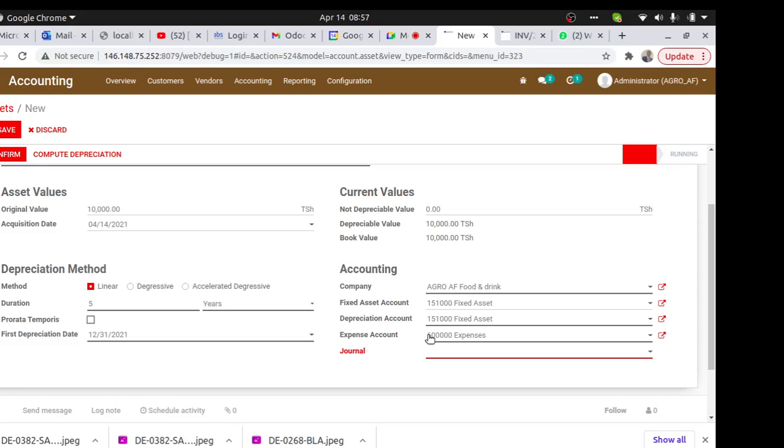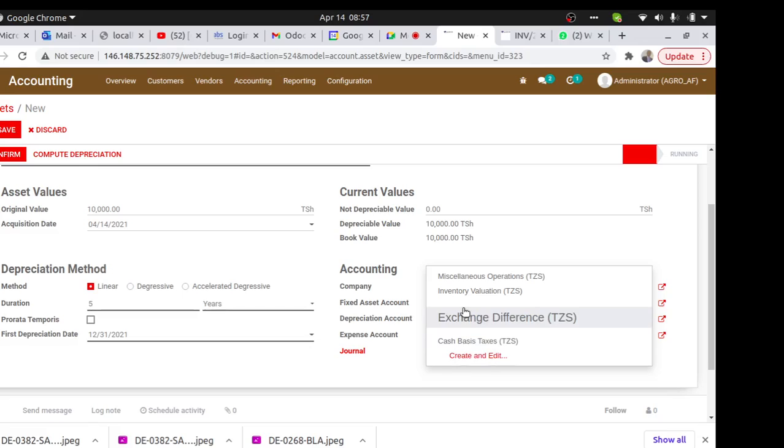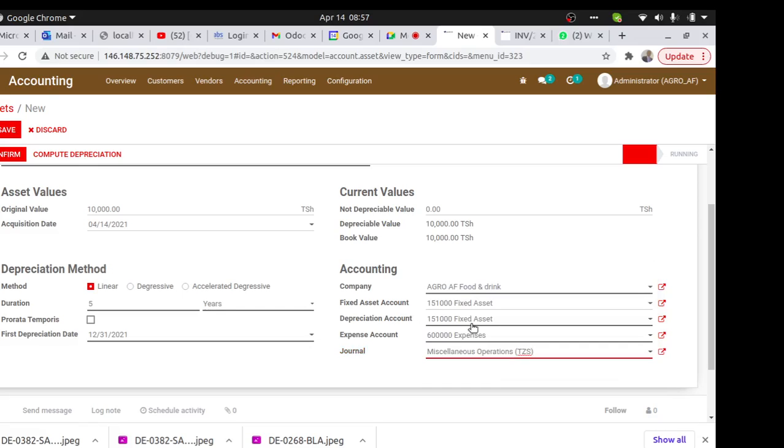Ukipost elfu moja baada ya mwaka mmoja inafaa itoe ikuwe 9,000. So hiyo ni expense. Reduce from your books of account. So itapostiwa kwa expense account. Okay. And then the journal, most of the time we pick miscellaneous, but wakitaka kupost on an asset journal, you